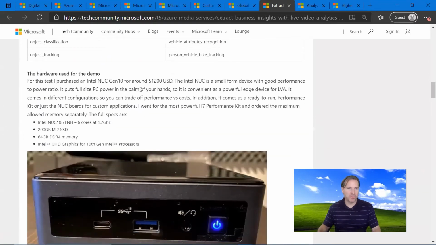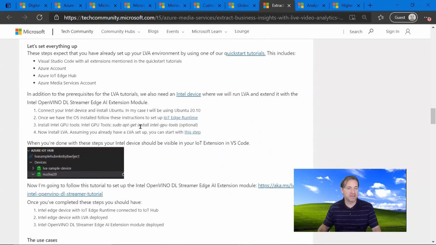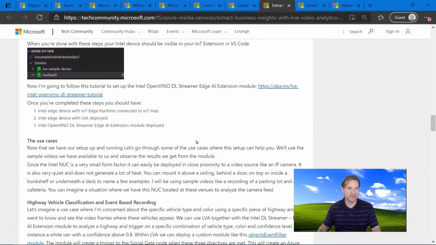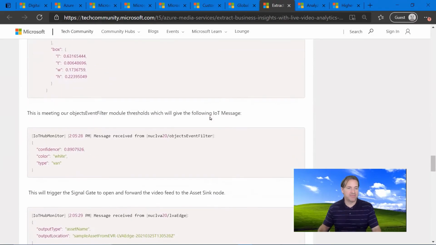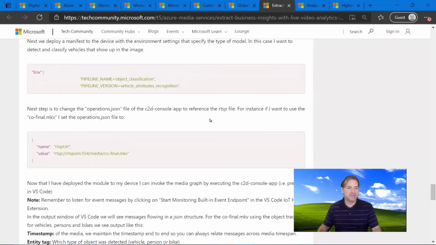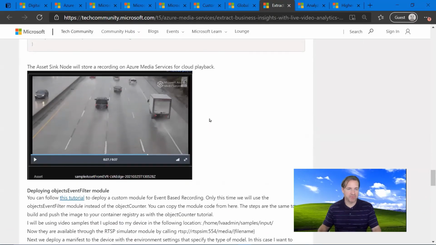It goes through the whole gamut of acquiring the NUC, configuring the NUC, connecting it to Azure IoT and the particular webcam device. And further down below, some of the actual analytics that the particular camera was capturing in